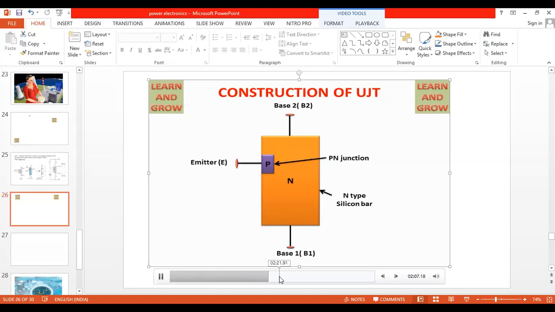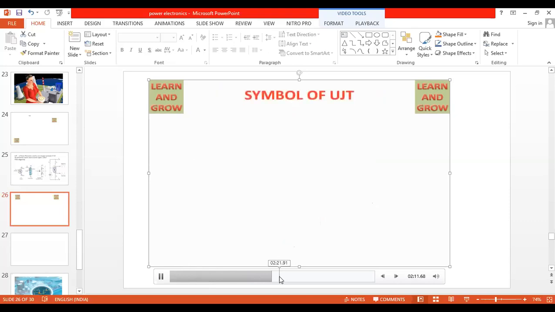We have to bias the UJT. Now what is biasing? Application of pure DC signal to the UJT or SCR is called biasing. So this is the symbol. Now we'll have the complete symbol. Now we will concentrate. The most important question is why the arrow mark is like this? Why does the arrow mark have the curved part?